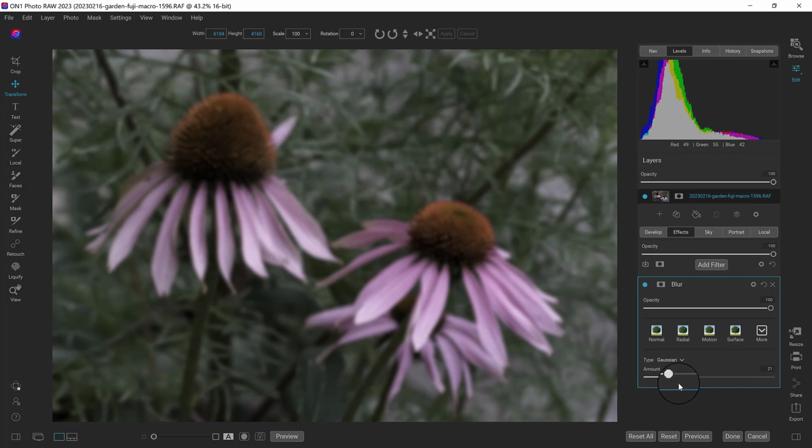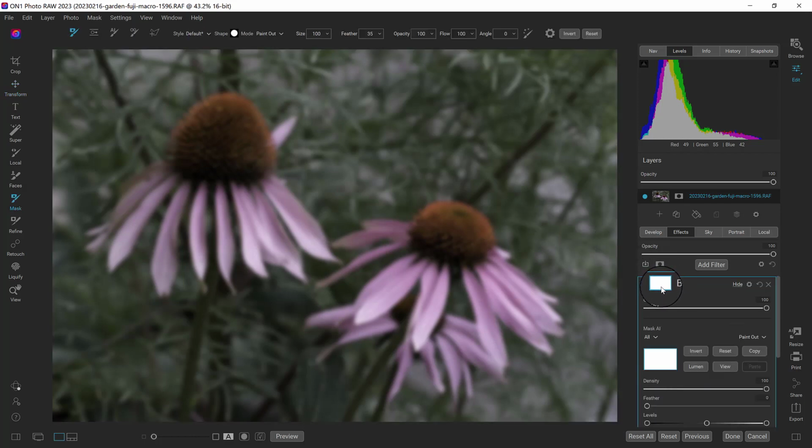So there is probably good enough, but I don't want the flowers to be blurred. So we're going to work into the mask, and what the mask does, it basically says where do you want the blur to be on the photo, and where don't you want it. So at the moment this is all white, so the blur is all over the photo. So now you can see my mask tool over here is already highlighted. So if we start brushing